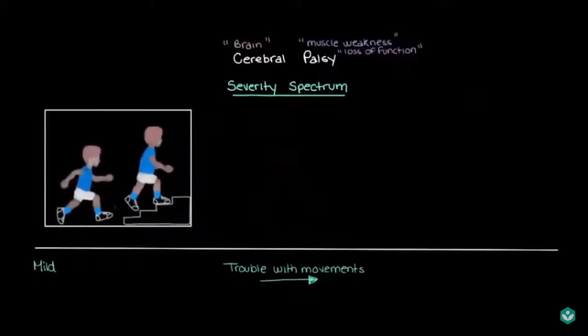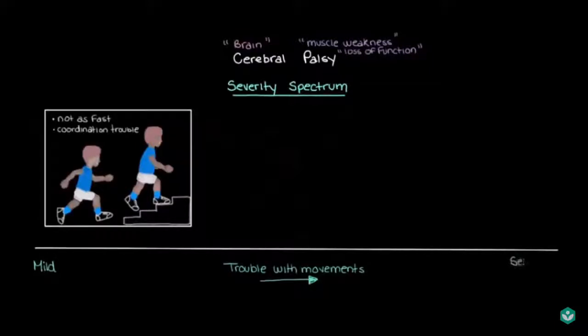So this little boy here, it looks like he's able to walk and run around pretty well. And we know that cerebral palsy can cause trouble with posture and balance and coordination. So because this boy is able to run around like this, we would say that he's not too severely affected. His form of cerebral palsy is quite mild. He'll still have some movement problems. Maybe he can't run quite as fast as someone without cerebral palsy, or maybe he has some trouble with coordination. So maybe something like running and throwing a ball at the same time. But overall, he's able to function pretty well on a day-to-day basis.